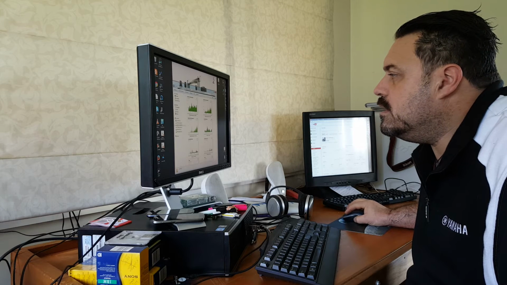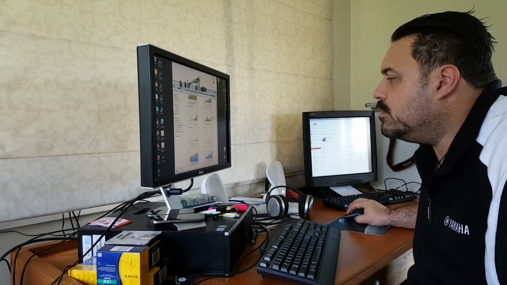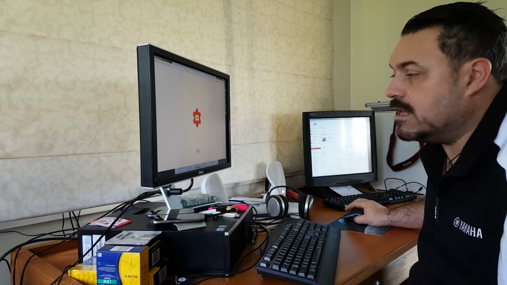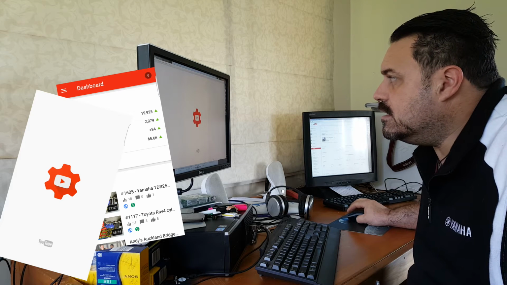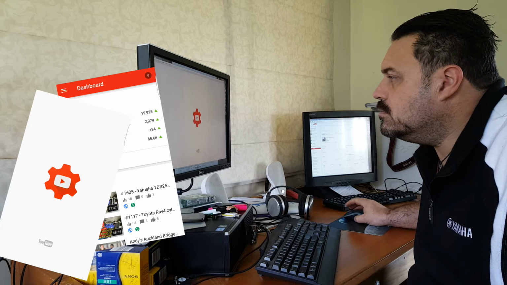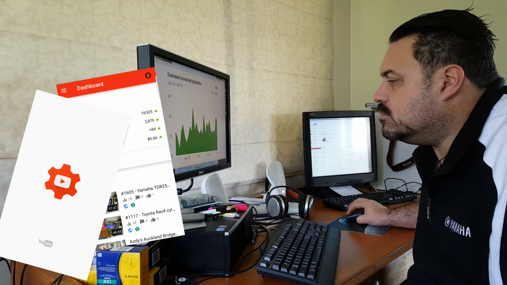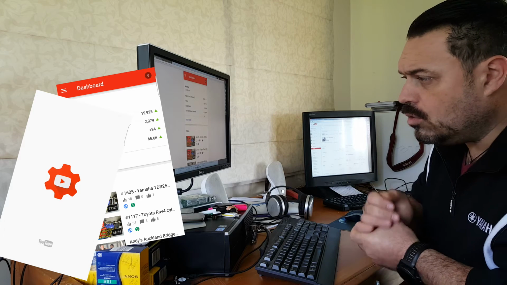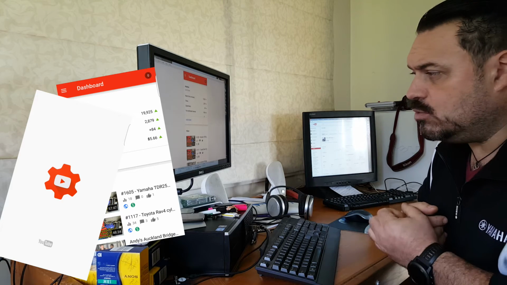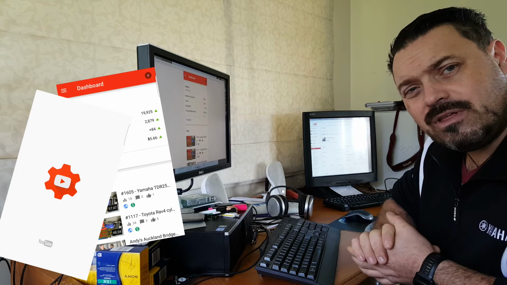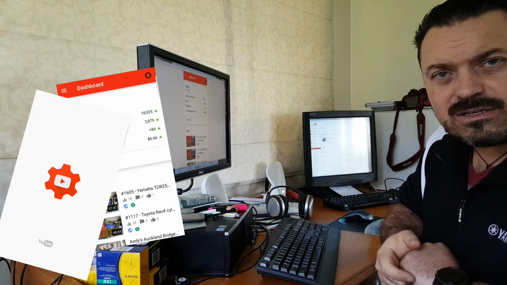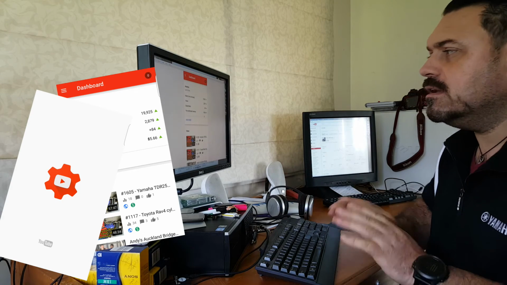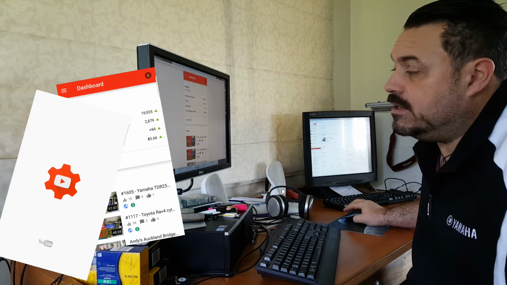Okay, so if we go back to the graphs now, the Studio app has a symbol. I'll put it on the screen. It has basically like a gear symbol to it, and you can download that to your phone, which is really cool. Basically, it gives you all the same information, but in a very easy to manage way. There is a lot of stuff that you can't do on there. It doesn't give you access to your bank account details and all that kind of thing, and AdSense, which is the background payment side of it. It doesn't give you access to any of that, or at least I haven't found it anyway.